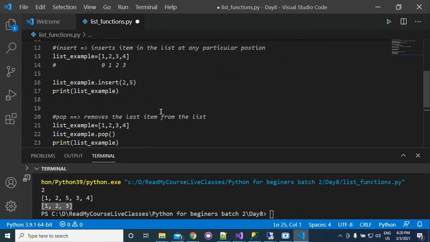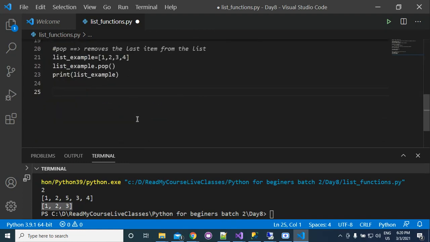The next method is remove. It is again very simple. We are using the remove method on this list. You can just type list example dot remove. So what does remove do? It basically deletes an item from the list. Suppose that you write 2 here, then 2 will be deleted from the list.